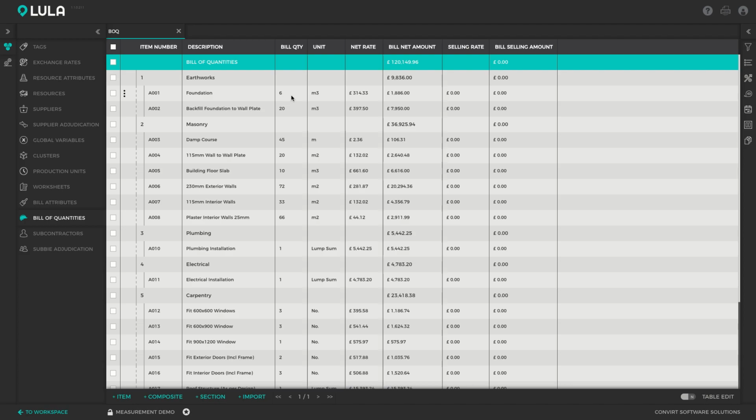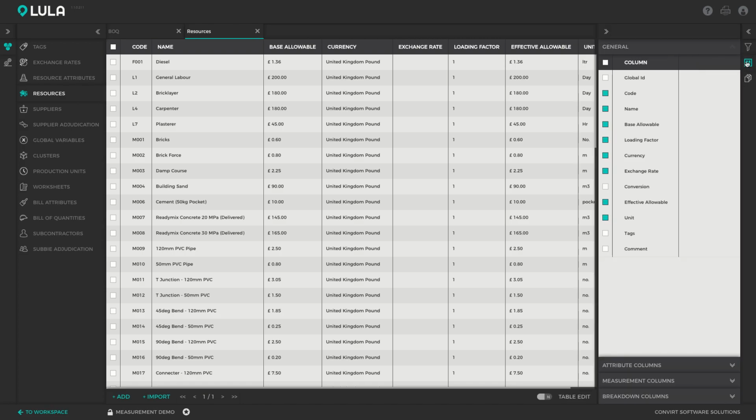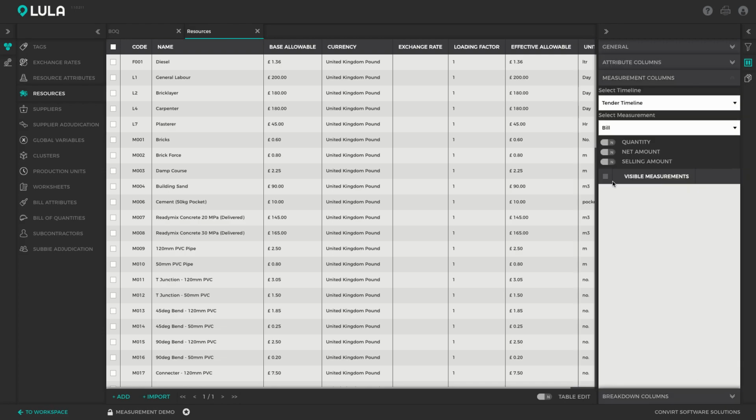And Lula Build allows you to run various reports against these measurements. So we can, for example, switch over to the resources scene. And because I've used the blank project template, there's no reports defined already. So I'm going to show you how you can manually run a report against the bill quantity measurement. So I'm going to open up my columns tab and I'm going to switch to the measurement columns. And here we can see that I've got the bill measurement selected, and I can now ask Lula to show